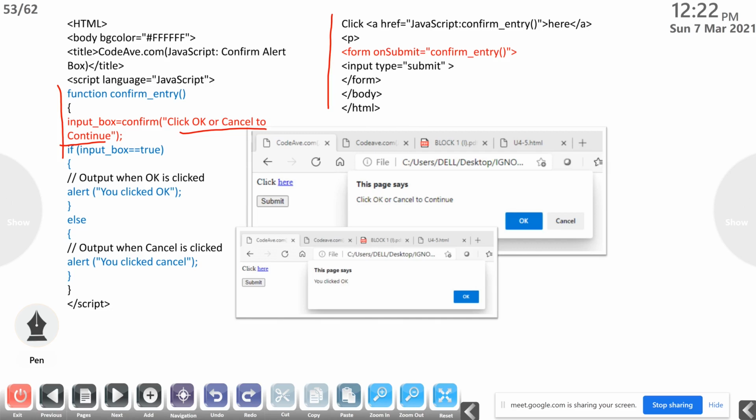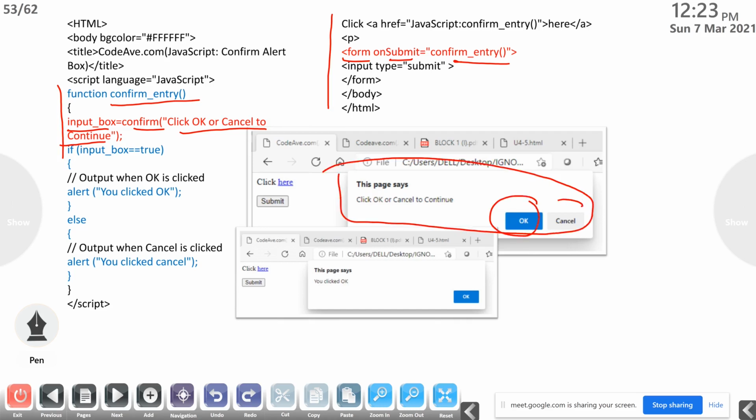So input type equal to submit, form onsubmit, the confirmEntry function will be called. So this is the confirmEntry button. Then in that function, inputbox equal to confirm will open the confirm dialog box. Click OK or cancel to continue. It will display this. Two buttons are there, OK and cancel.